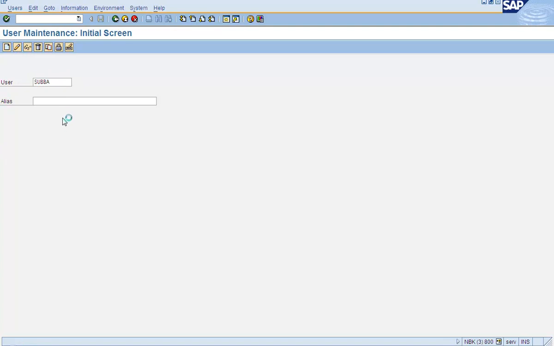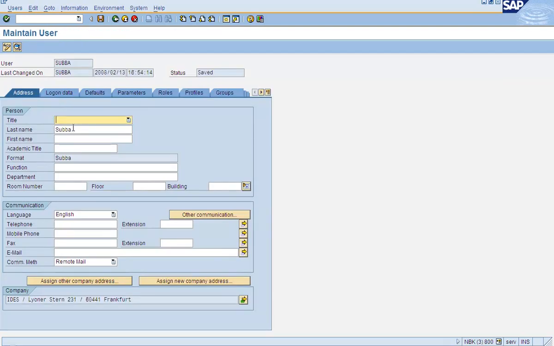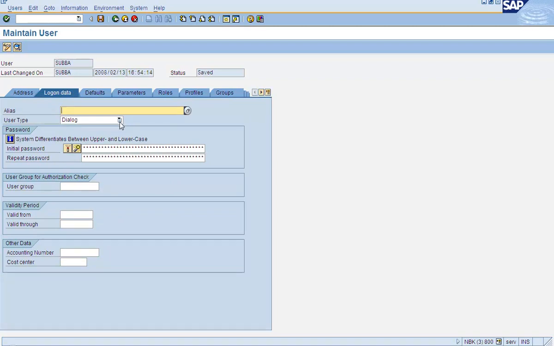Now another thing. Remember that field where we had the checkbox with the tick mark in it? That's a mandatory field. So Subba, in this case, is a mandatory field, right? Now this is a pull down field. So you have options here. What these are, you will see in that demo and that video for user administration.